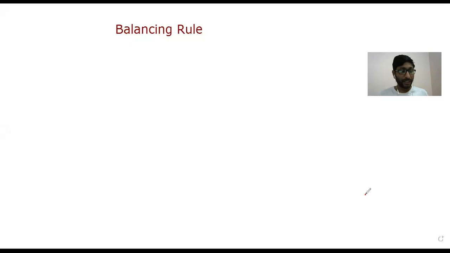Okay, now let's talk about balancing rule. See, balancing rule is the concept where we can balance the answer. This rule can be applicable in multiplication, subtraction, division, square roots, and every concept of arithmetic. Actually, I'll tell you where we can use the balancing rule. Let's say we do some operations and we got the answer like this.